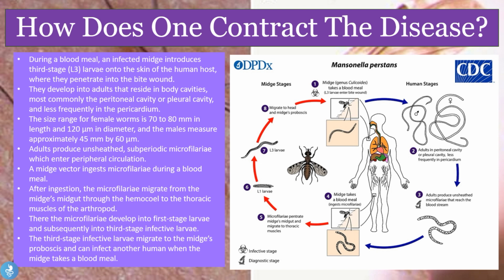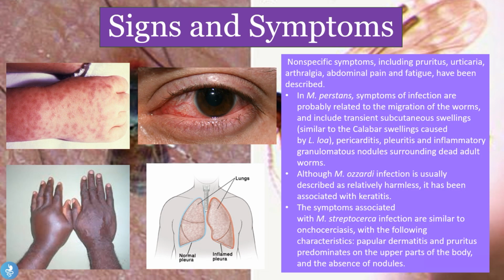So now that we know how one can contract this disease, let's take a closer look at some signs and symptoms of this disease. So most patients will have non-specific symptoms, which include pruritus, which is itching, urticaria, arthralgia, abdominal pain, and fatigue. But more specifically, in Mansonella perstans infections, the symptoms of the infections are probably related to the